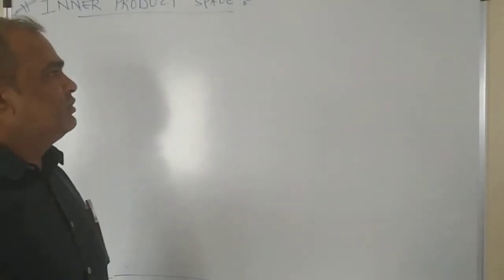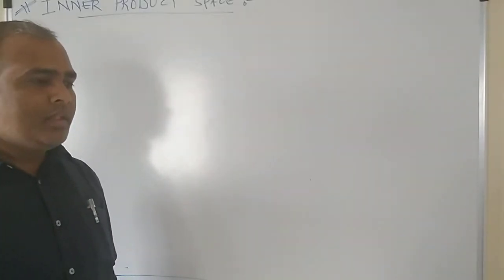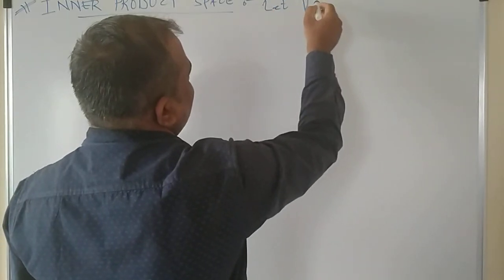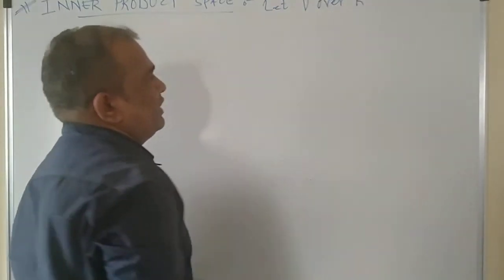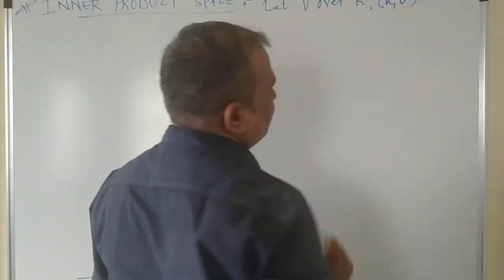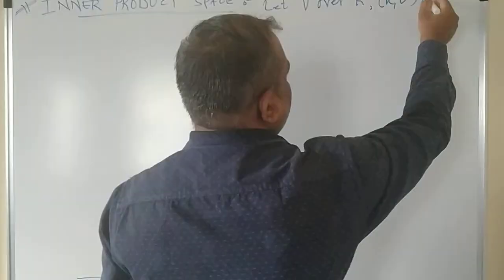Now what is meant by inner product? Let us try to understand this. To understand this, let us say V is a vector space over the set K, and let's consider small u and small v, two vectors which belong to the vector space V. And if there is a scalar, generally denoted with this letter,